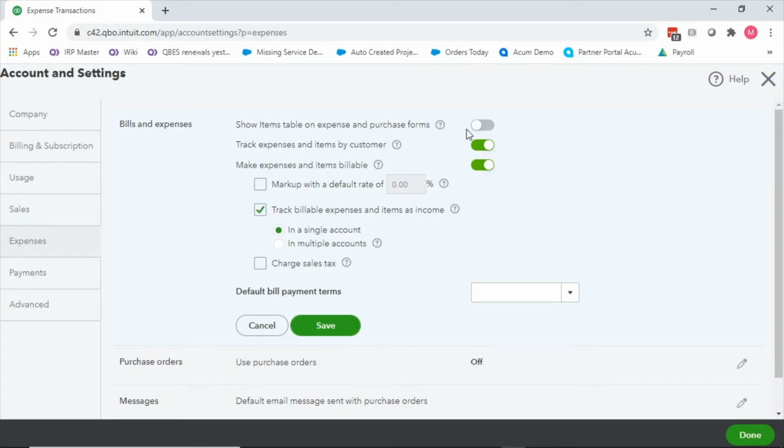If they do not show, then what we can choose on expense or purchase forms is which GL account they're pointing towards. So why would you enable items? The purpose of enabling items on purchase forms and on sales forms is to give us an extra level of complexity when it comes to reporting.